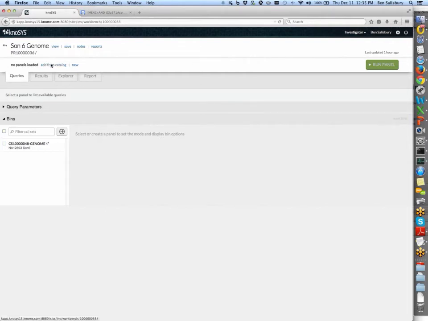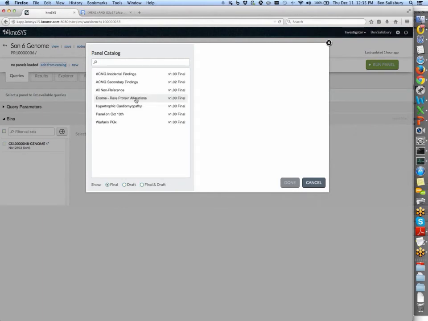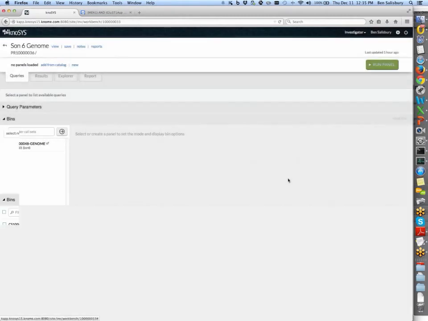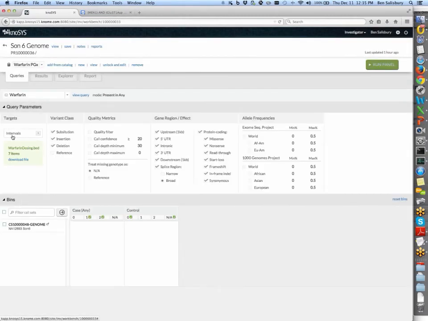We're going to go to our catalog, and choose our warfarin panel, which I've set up to query those 7 variants. So how is that done? This time, instead of searching by the category of genomic element or by choosing a list of particular gene transcripts, I loaded up a bed file, which is a simple file with the chromosomal positions of interest. Those could be broad regions of a chromosome or a gene. In this case, it's pinpoint locations of these 7 variants.